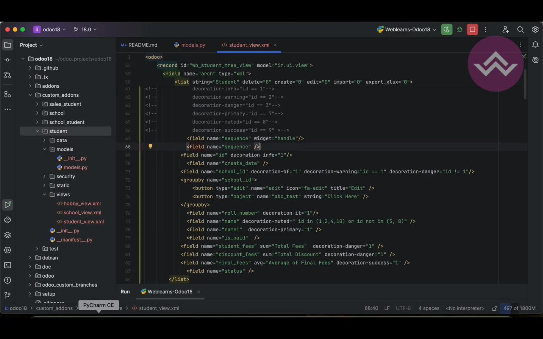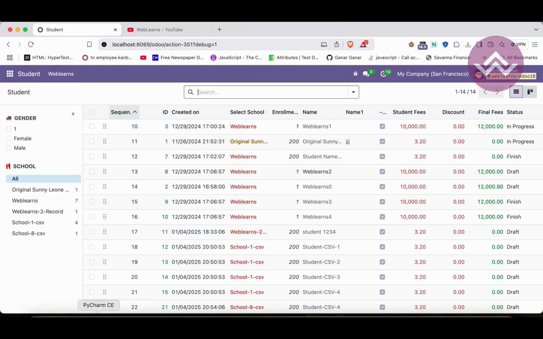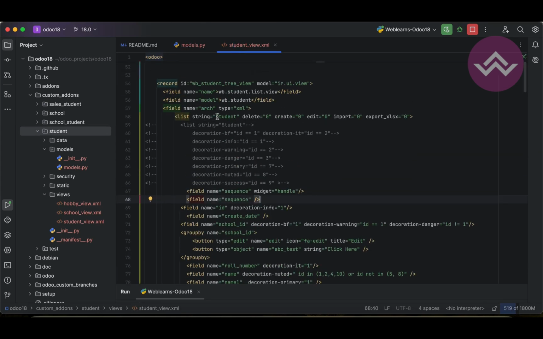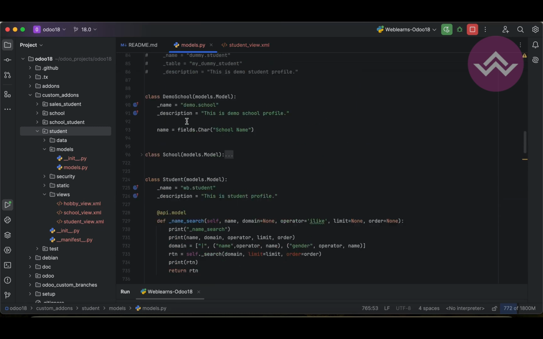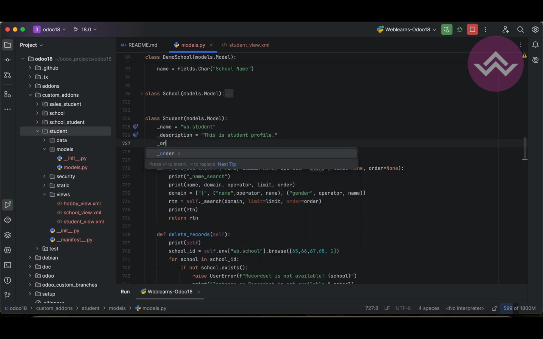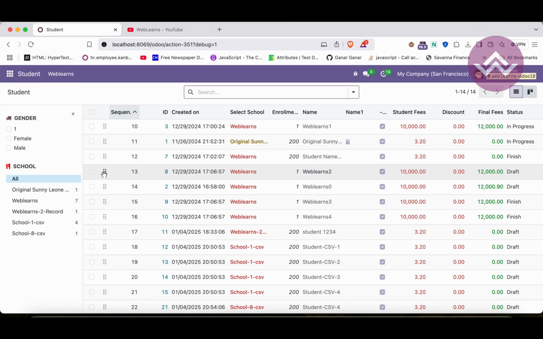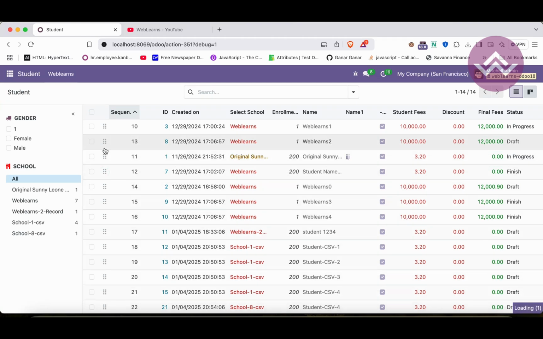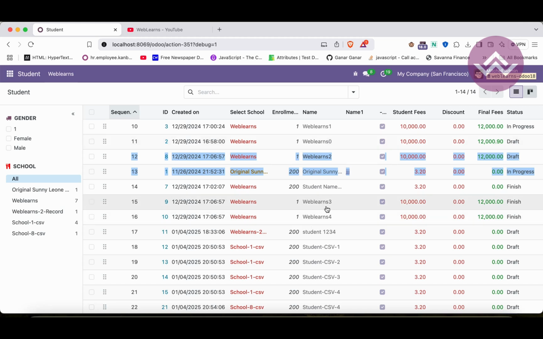Now one more thing: in case you applied any order by, in the backend side or in the list view, then it will follow only those order bys. So for example here we didn't add any order by, so what I'm doing is I will use order equal to sequence. That's it. In case you drag and drop here but still the result is not coming, like this row is not displayed here but it's reset to some other position,